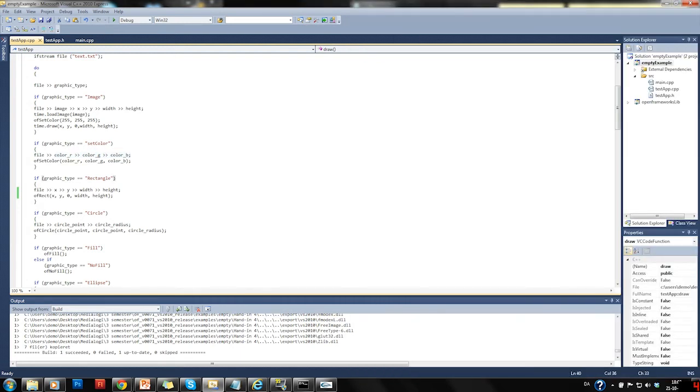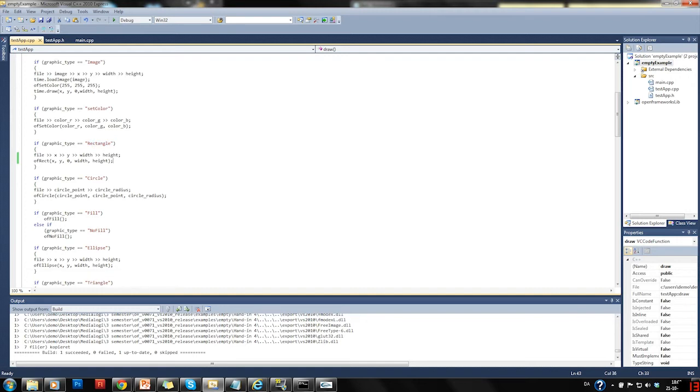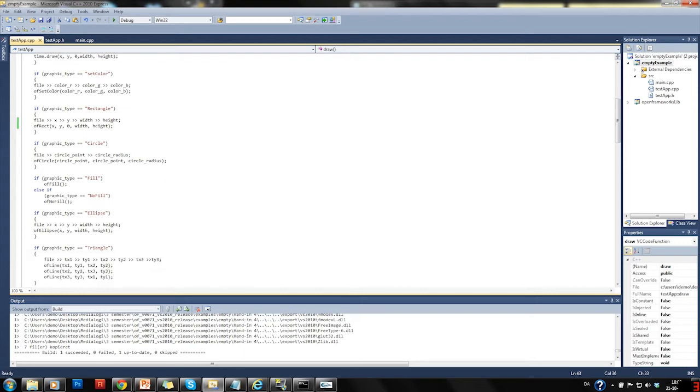That's pretty nice. And then we look through the document again, to see if we can find the word rectangle and the four other things coming afterwards: x position, y position, width and height of the rectangle. And then we create the rectangle by the ofRect function. Pretty simple. And then pretty much doing this again for the circle. We're looking for the word circle. Then we are setting the two next numbers